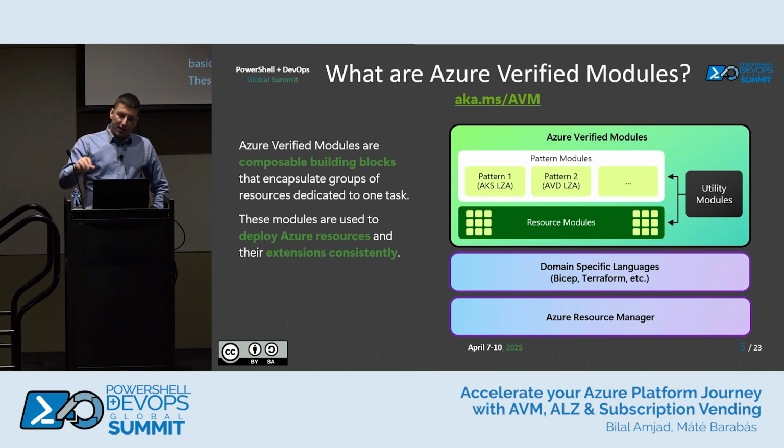So when we zoom into that big green box there, you will see that we have 3 different types of modules. Let me start with the resource module category. Those are the low-level atomic building blocks. You can think of those as the storage accounts of the world, or the key vaults, or the virtual machines. Anything really that is represented in Azure as a resource has a corresponding resource module more or less available